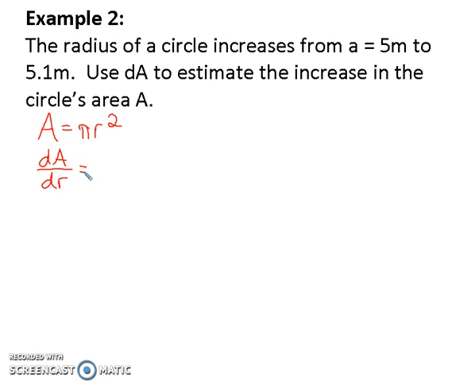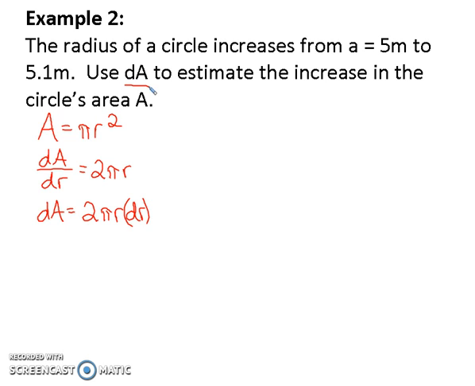And then on the right-hand side, when we take that derivative, pi is just a constant, so it's like our coefficient. So when we bring the power in front, that's just going to be 2 pi r to the first. So then if we solve for dA, dA is equal to 2 pi r dr. Now if we're trying to actually find dA to estimate the increase in the circle's area, then that means that in my equation that I have now, dA is my unknown,